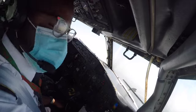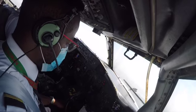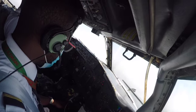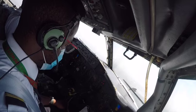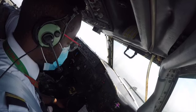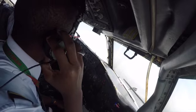So now I'm just turning on the camera for our final approach into Abuja. As you can see, if you can see the flap lever there, we're already on flaps 5 because there was a lot of traffic going into Abuja and there were slower aircraft. So when I started recording this video, we've already completed one orbit to the right and we're already slowed down